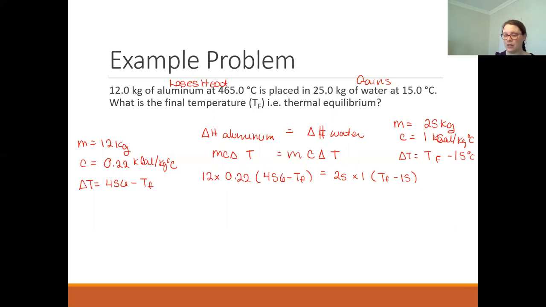So we're just going to simplify it, and I'll show you how I simplify it, and then it's actually not that bad. So 12 times 0.22, let's combine these first. That's going to give us 2.64, and we're going to leave what's in the brackets. Equals 25 times 1 is just 25 TF minus 15. All right, then what we have to do is expanding, okay? Distribution. So we're going to multiply the 2.64 by both terms. We're going to expand it to get rid of our brackets. So 2.64 times